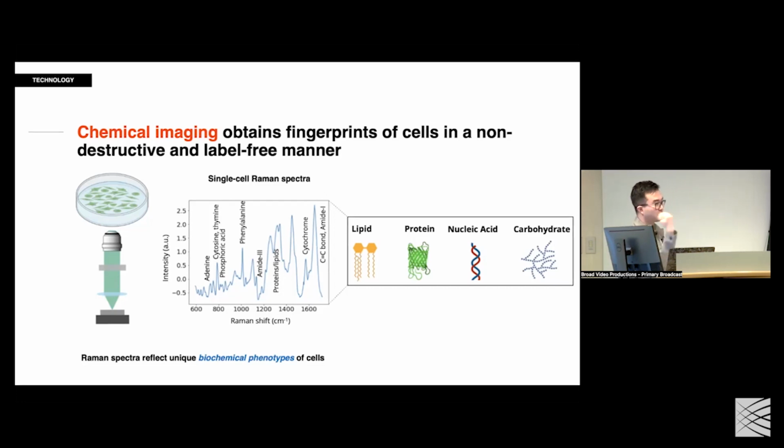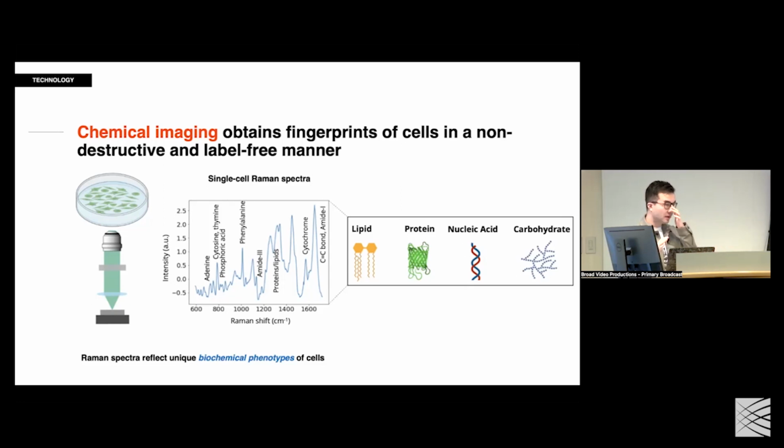And then you capture the scattered light, and then you will get a spectrum per pixel. But this spectrum is high dimensional, up to 1,000 peaks. Think about fluorescence, you have 5, but this has 1,000. And then it's a composite measurement of every molecule inside of cells, versus measuring RNA. You are measuring lipid, proteins, nucleic acid, and carbohydrate inside of a cell all at once. But it's a composite measurement. We're not measuring each individual molecule.